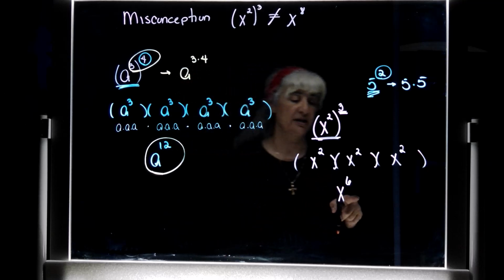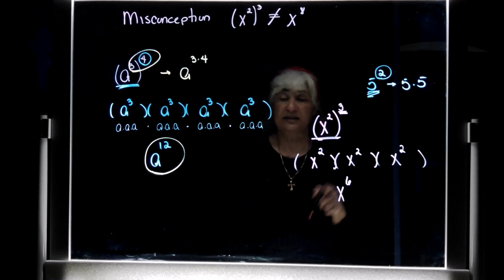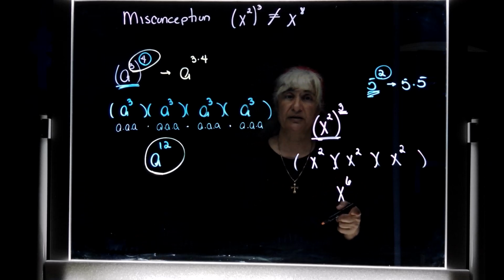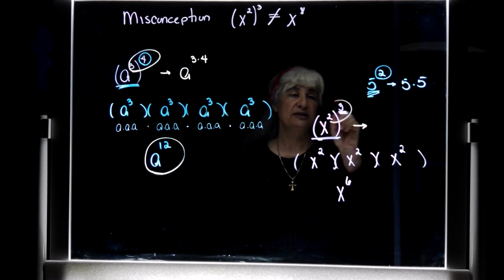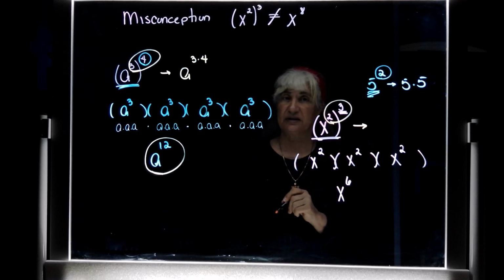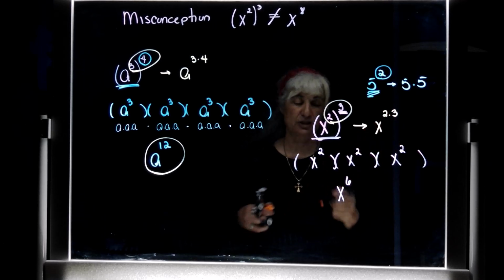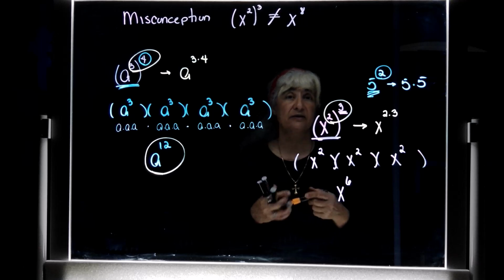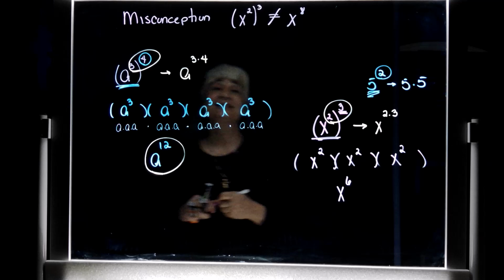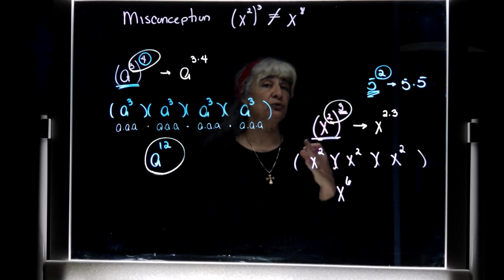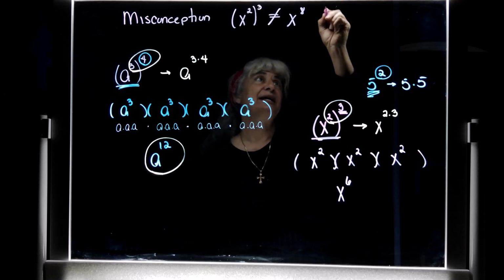Okay, let me ask you this. We ended up with the power of 6, x to the power of 6. This is what the long way told me, right? So question, what would you have to do between these two powers to get the power of 6? x to the 2 times 3, which gives me that power of 6. Agreed? Okay, so that tells me the actual rule for this particular exponential problem is